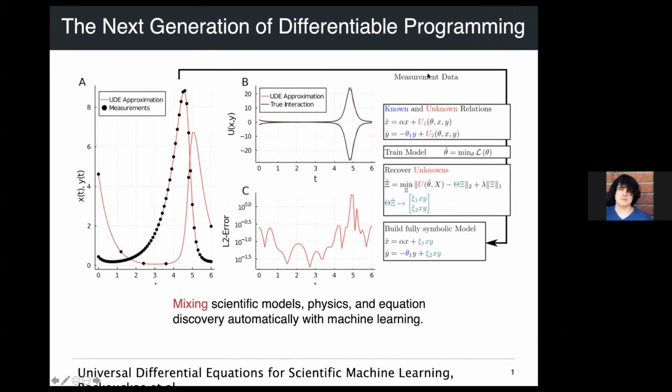Yeah, so I just wanted to mention a few things that are going on in the greater ecosystem of Julia. One of the things is that the next generation of differentiable programming is really incorporating physics and biology and all this kind of knowledge into the way that we're doing machine learning, right? Instead of having it be a wholly different world, we can use all this prior information that we have about how science works so that we can learn with a lot less data, and also make it so that we're actually discovering scientific mechanisms, right? We're not just predicting what can happen in the future, but we're actually figuring out why it happens by incorporating the scientific models with the process, right? And then on the next slide,